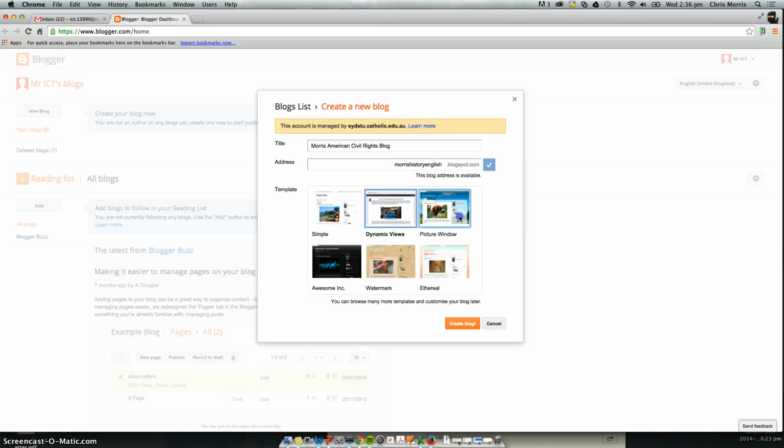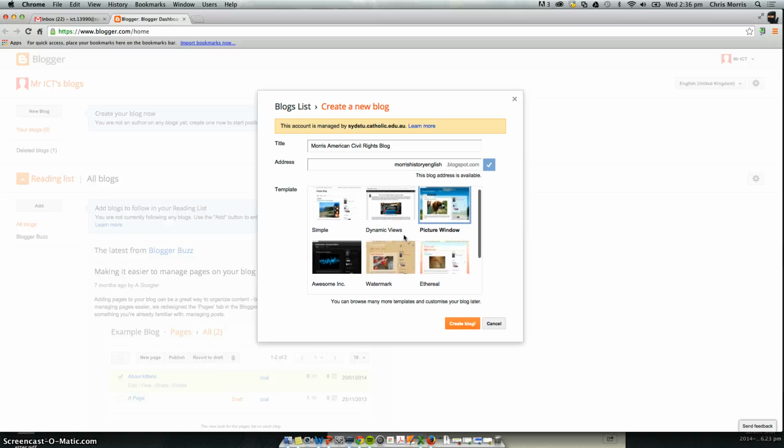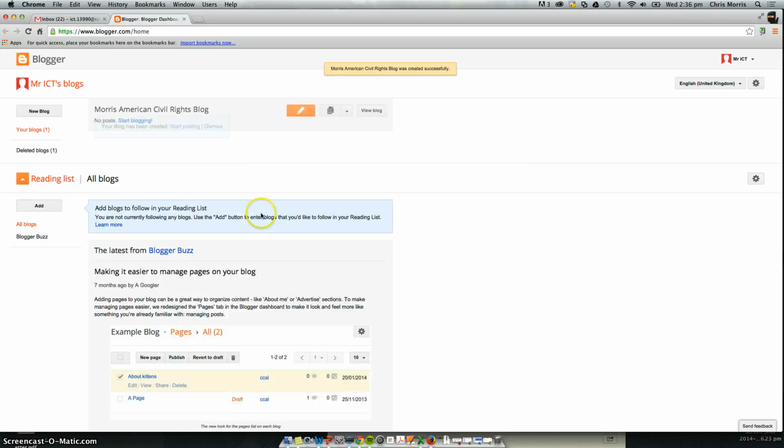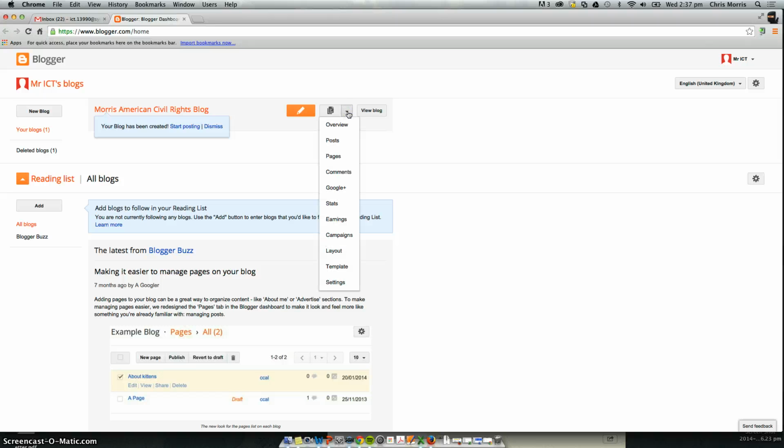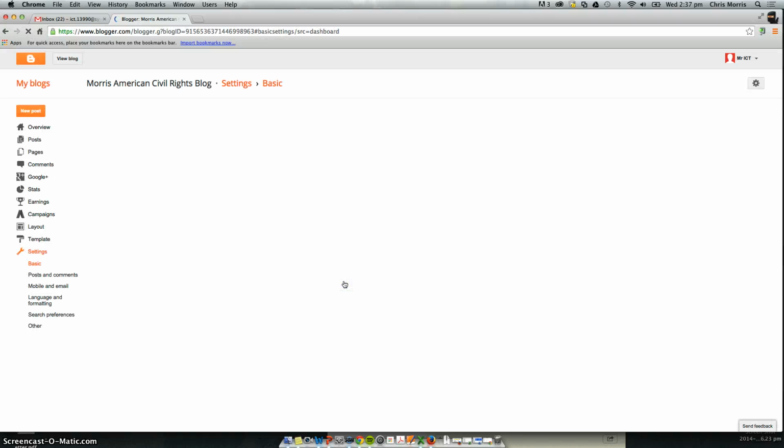Now, you can come in and customize your blog, choose a picture window, or leave that up to you. Once you create your blog, then it takes you into the editing window, and you can see here that my blog has been created in My Blogs, and we're just going to go over a couple of settings before we get right into it. So looking at the drop down arrow here, we're just going into settings,